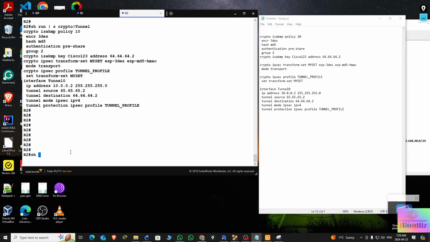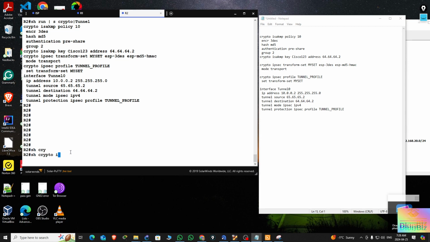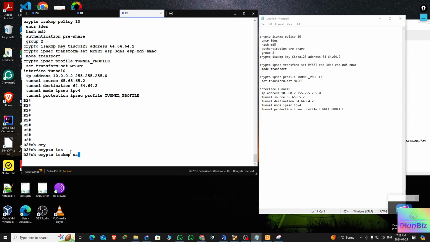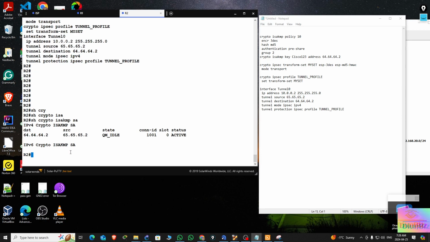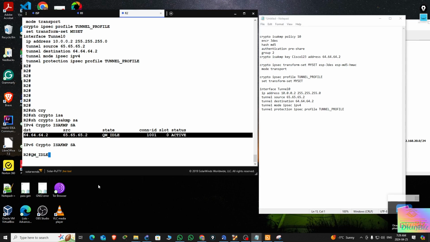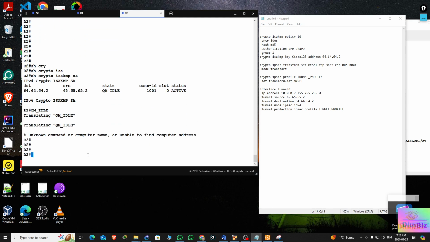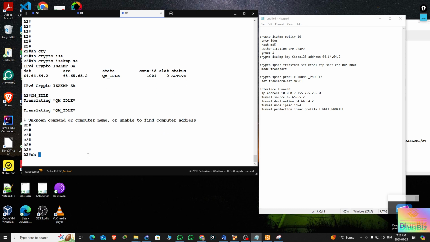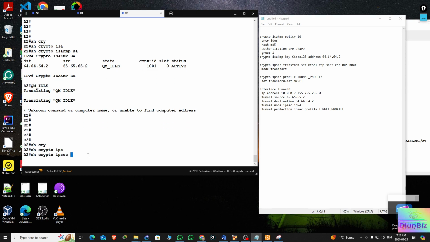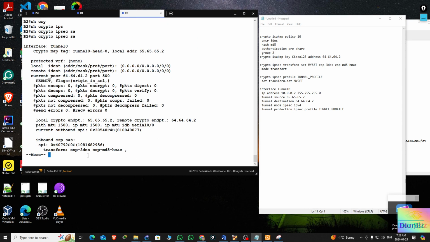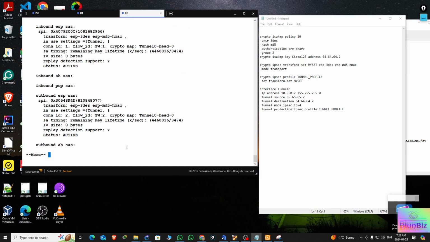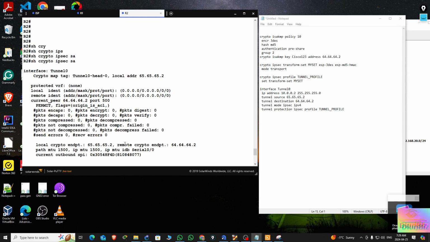If I do show crypto ISAKMP security association, you can see the tunnel has been formed between R1 and R2. The tunnel is stable, and the tunnel state is active. So if I do show crypto IPSEC security association, what we can see here is that